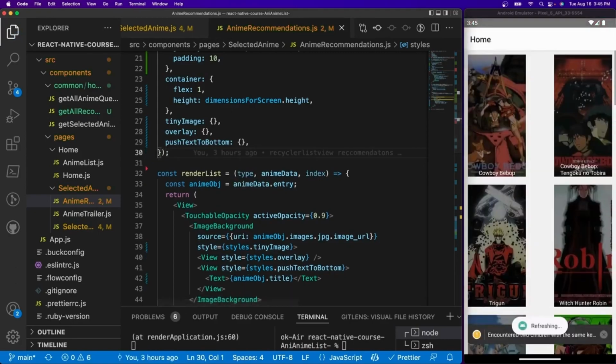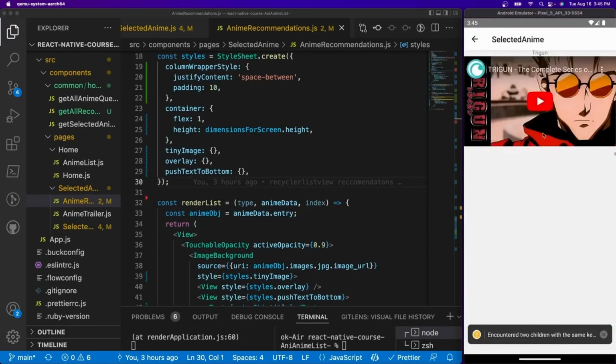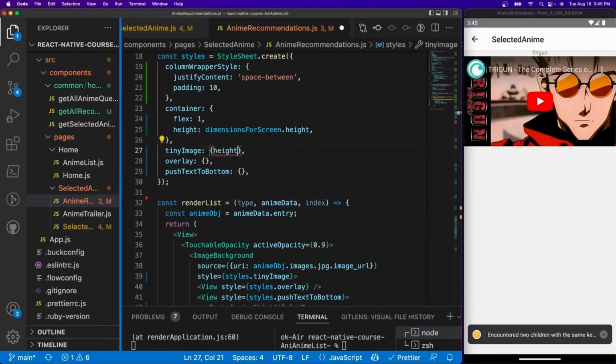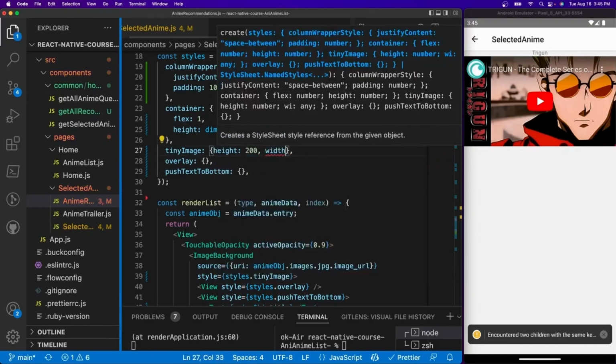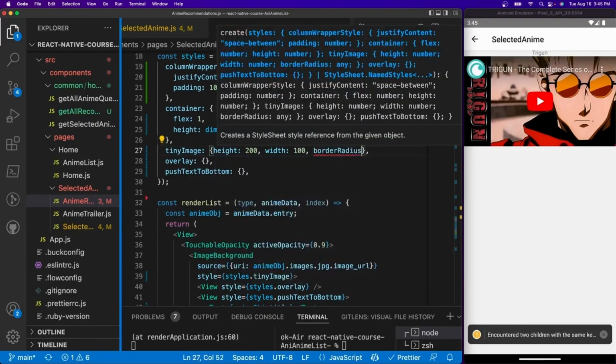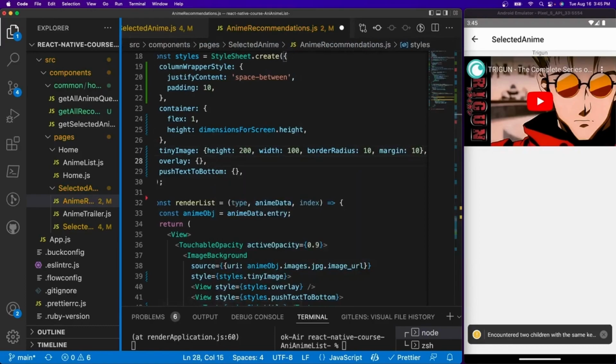Cool. So let's go ahead and actually apply these styles to it. Well, before we do that, let's see if we can actually see the data. We can see it. It's a little strip right there, but if I scroll, you should see right there some more data coming in. Cool. Perfect. So for the tiny image, we're going to give it a height of 200 and a width of 100. Give it a border radius, let's do 10, and a margin of 10,